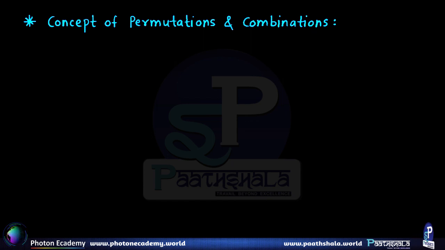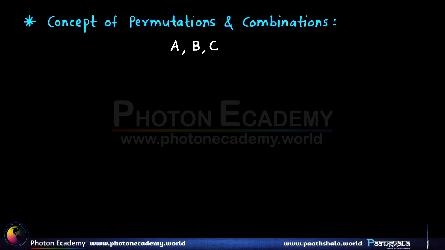Now let's see the fundamental concept of permutations and combinations with the help of one simple example. Let's say there are three students named A, B and C, and we want to have a photograph of two students at a time, and we want to know how many such photographs are possible in which there are two students. So now to calculate that number, let's denote the